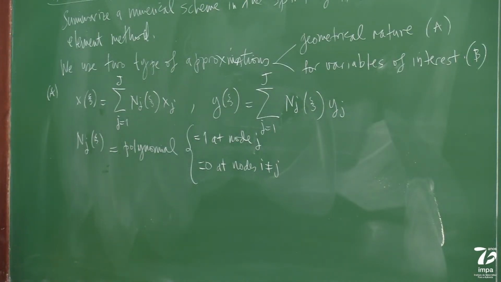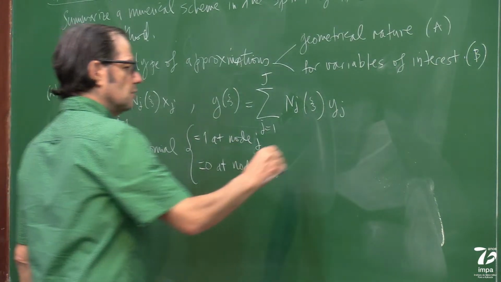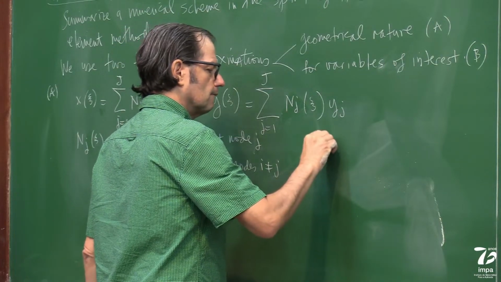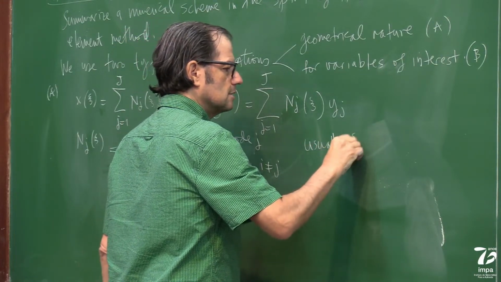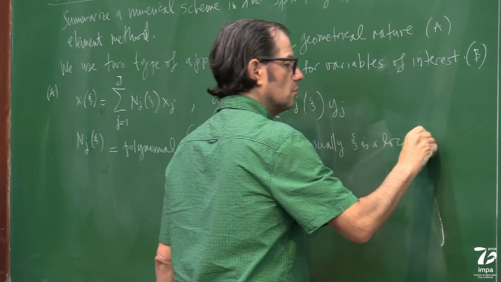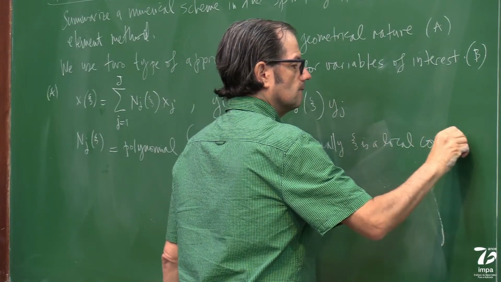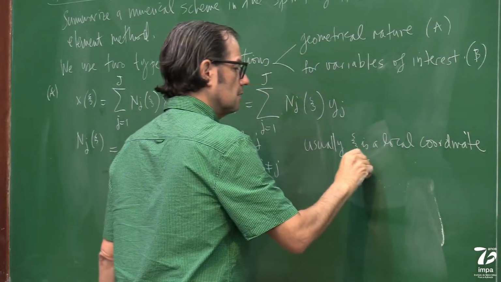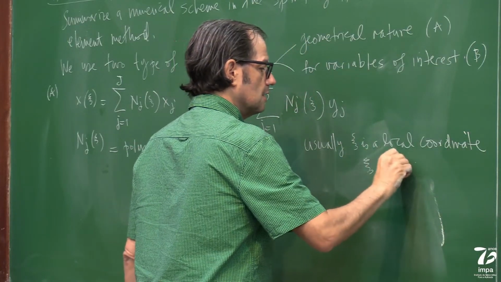Okay? And usually we, that's why I put this C. Where did I write this? Well, yeah, sometimes I put it after. And usually C is a local coordinate, and C, say, can be from